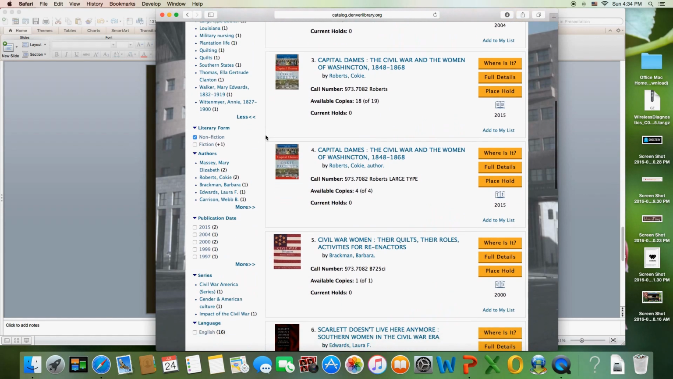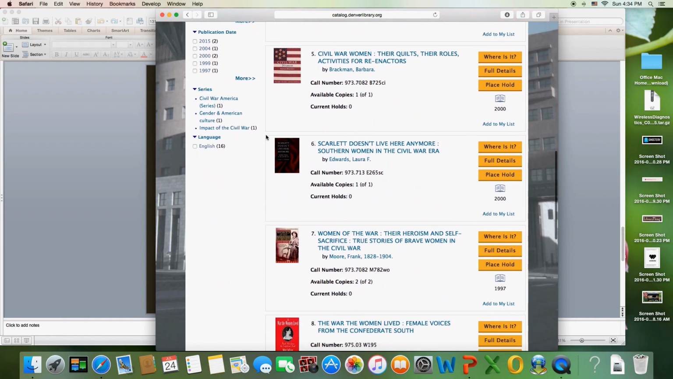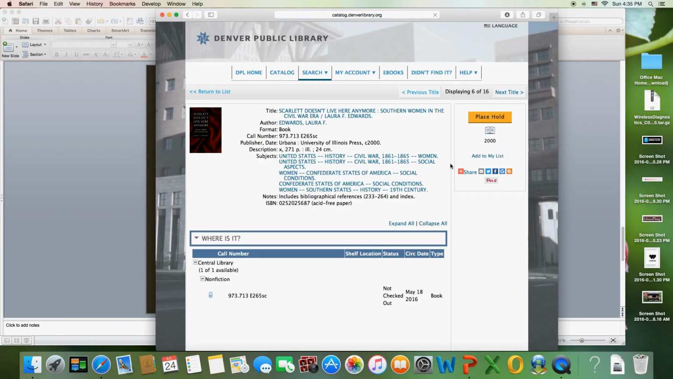So we scroll down to a likely looking book, Scarlett doesn't live here anymore. Pull up the bibliographic record by clicking on the Full Details button, whereupon we find in the first of the 5 Dewey subject headings that we have exactly what we're looking for. So let's highlight that subject heading, do a quick copy,